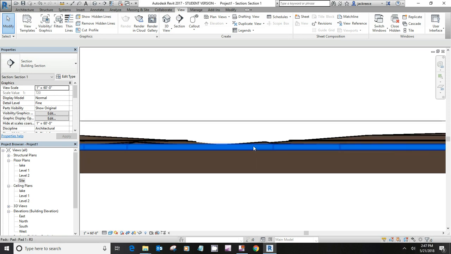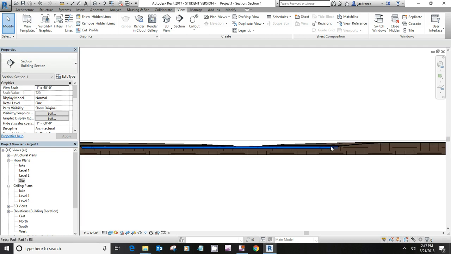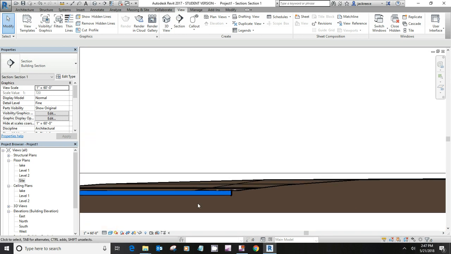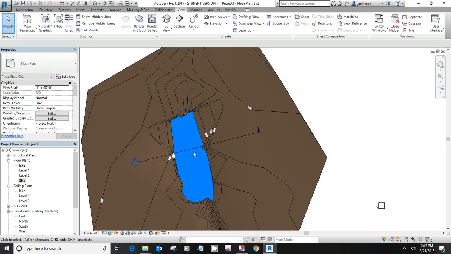And so you remember our material was like 1 foot thick or something like that, and it just brought dirt up underneath that level, filled it in. So we lost the contour lines underneath there. If you don't care to keep the contour lines, then the building pad option works pretty good for you. If you want to keep the contour lines on the bottom, another workaround is to create